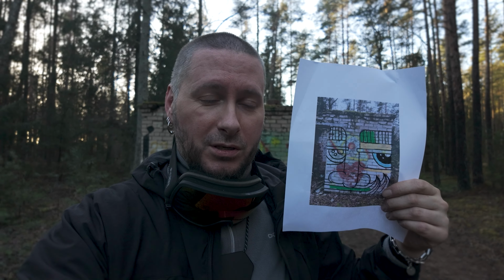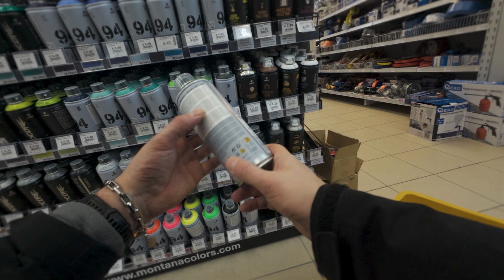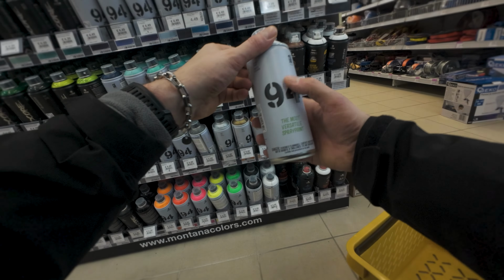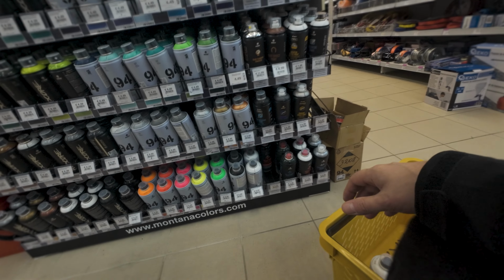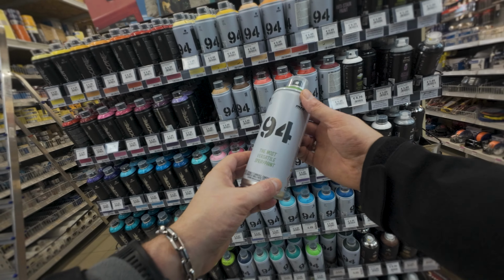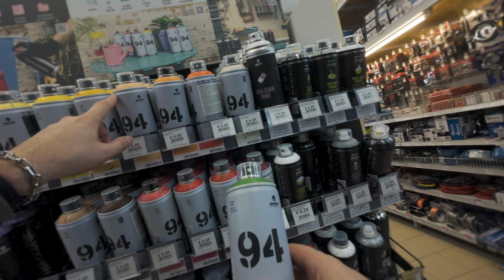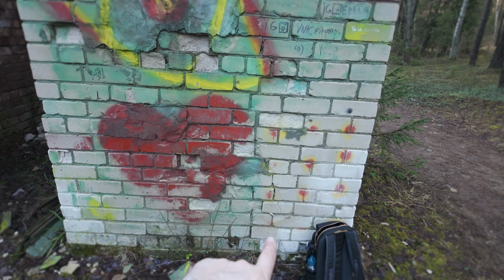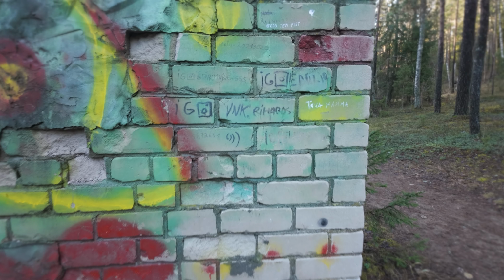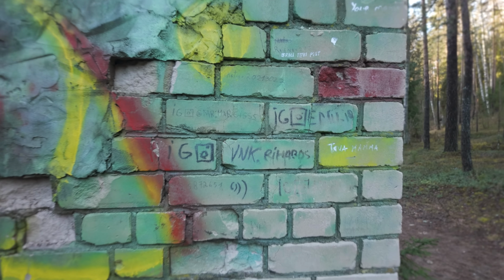I made the sketch, I bought the colors, I finally found the day when it's sunny outside and it is pretty warm, and guess what? The wall is completely drenched. I don't know, is it because of the rain or is it because of the moisture in the air, but you can see here the lower bricks are almost bright white and the upper ones are turning, I don't know, like gray, green,